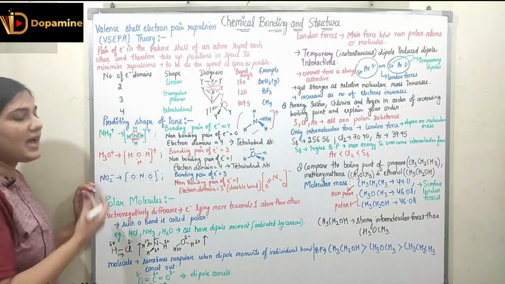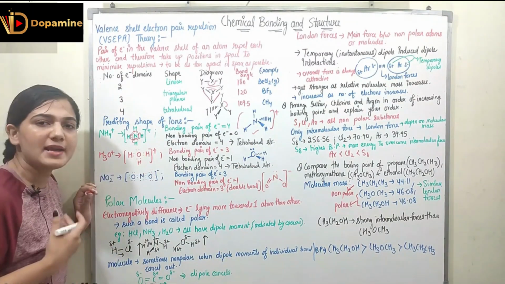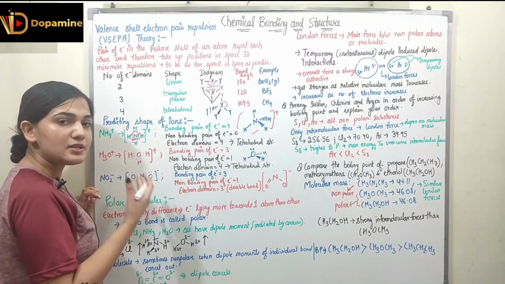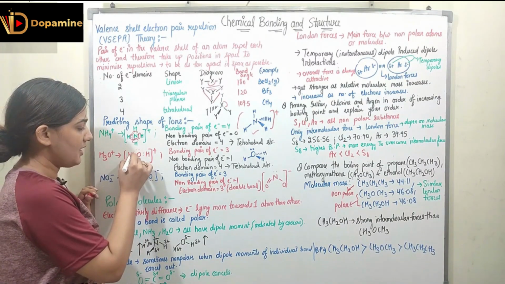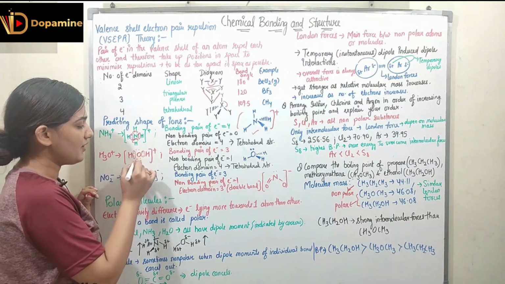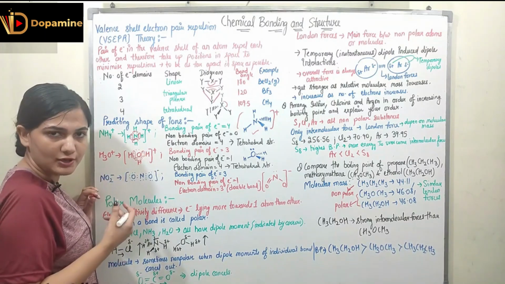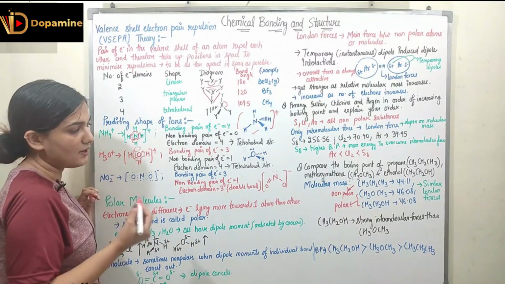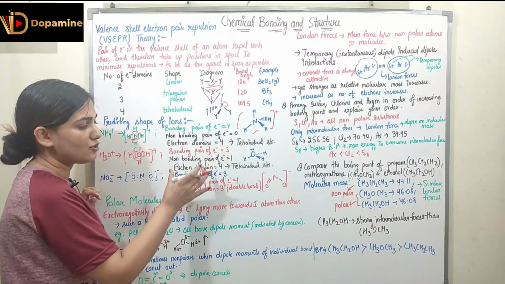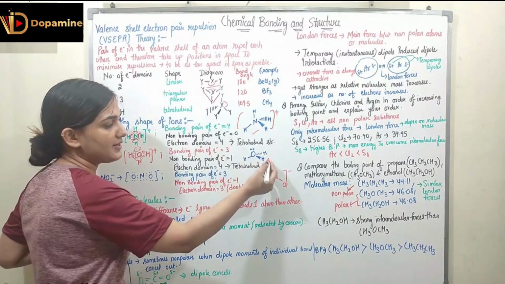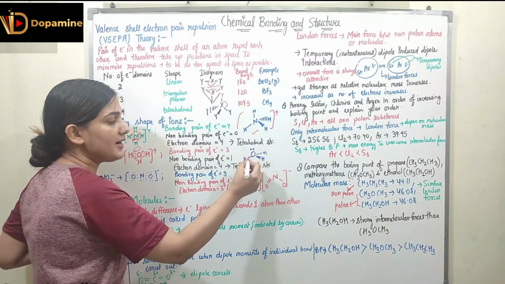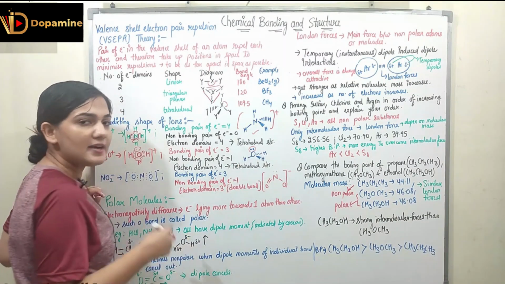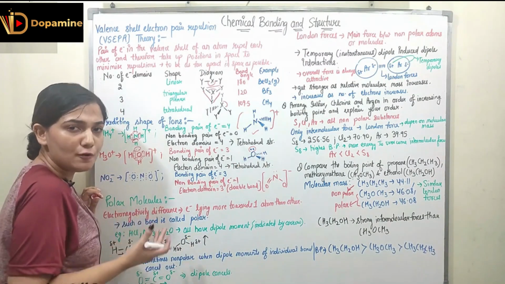Now coming to H3O positive. Again we can make the Lewis structure. We all know how to make the Lewis structure. Again here you need to see how many bonding pairs of electrons are there. Between H and O, this is a bonding pair, this is a bonding pair, and this is a bonding pair. So 3 bonding pairs of electrons are there and this is a non-bonding pair. So the total number of electron domains is 4. Again it will have the tetrahedral structure. In this tetrahedral structure, 3 hydrogen atoms are there and one place is occupied by a pair of electrons, which is the lone pair.